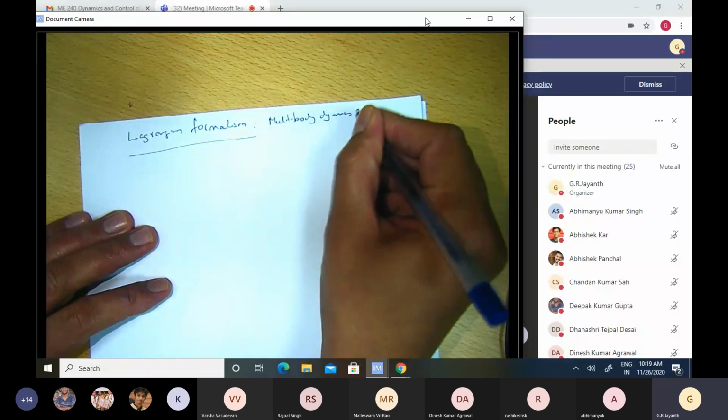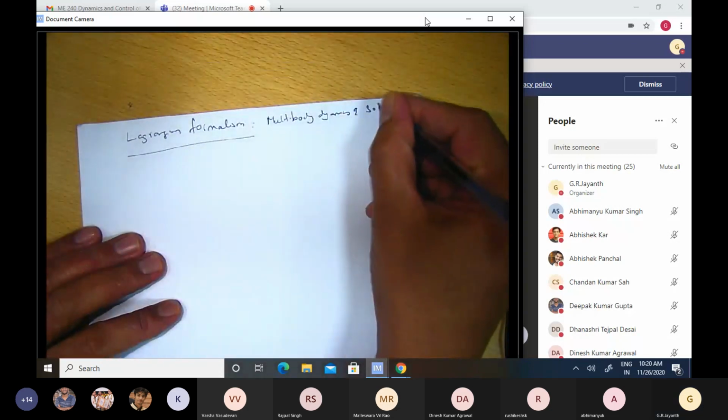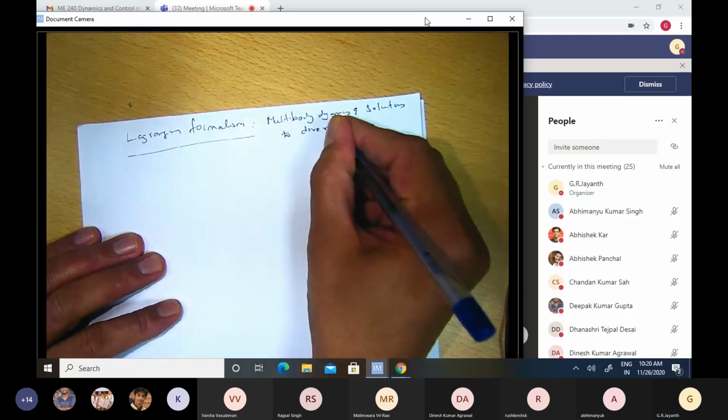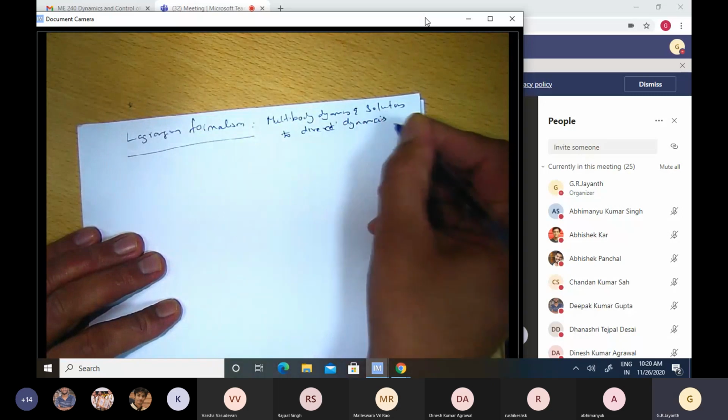And in addition, after obtaining the dynamic equations, we need to solve them, right? As part of direct dynamics, if you are given forces and torques, you need to be able to obtain the joint angles and how they change with time. So how do we go about solving the differential equation that we get when we obtain the dynamics of these multi-body systems? That also we will discuss in today's lecture. Solutions to direct dynamics problems.